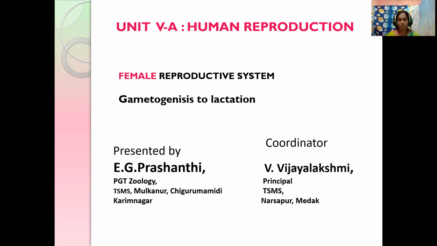Today's topic is the continuation of the female reproductive system. You will be interested and excited to know how the human body works, isn't it? Yes, we have come from a single cell. How a whole human body forms remains one of the deepest enigmas. Nature has given the magical power only to the woman to become pregnant and to give birth to a child. So we will be studying in our present topic, from gametogenesis to lactation. Let's dive into the topic.